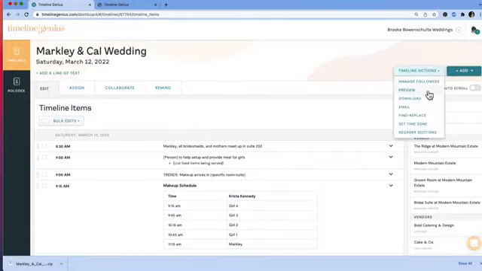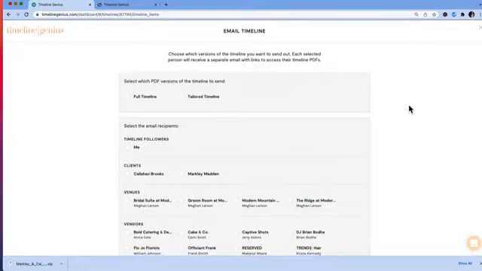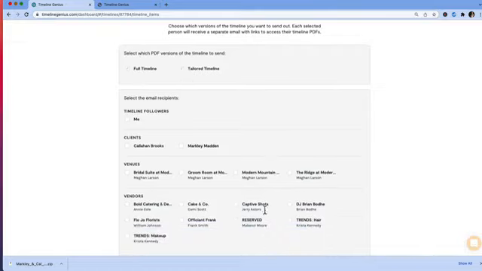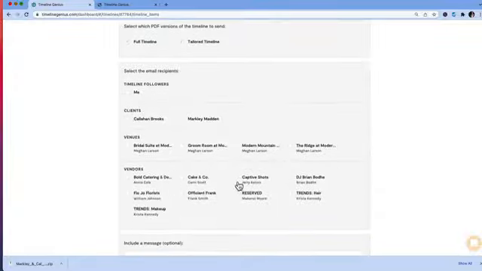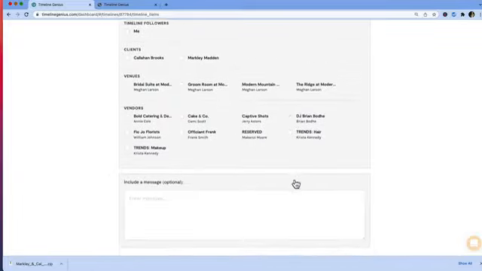The third option is going to be the email button. This is a new feature and one of our most popular lately. And when you select that, what you will see is you have then the choice to choose from the full timeline, tailored timelines, and then you can come in here and select which vendor, let's do our DJ, you want